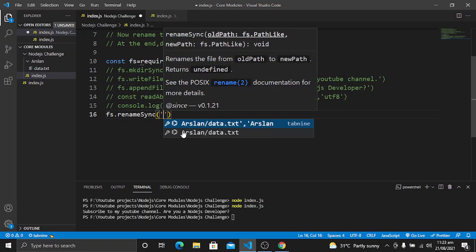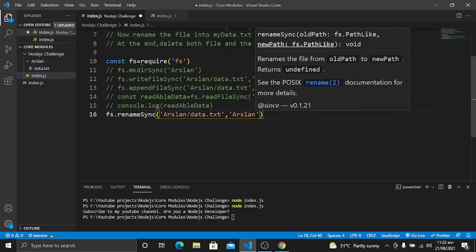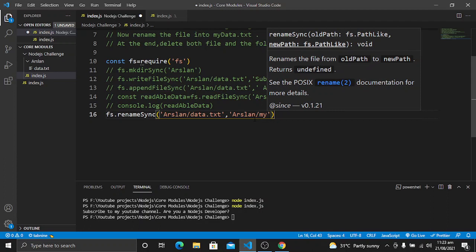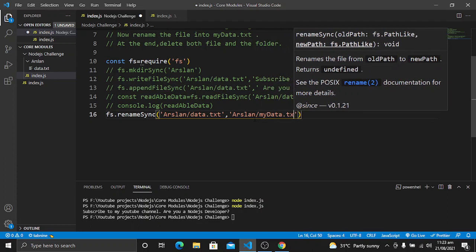In this method we have to give it two paths: first the original name of the file, and the next the new name that we want. The new name that I want will be mydata.txt.